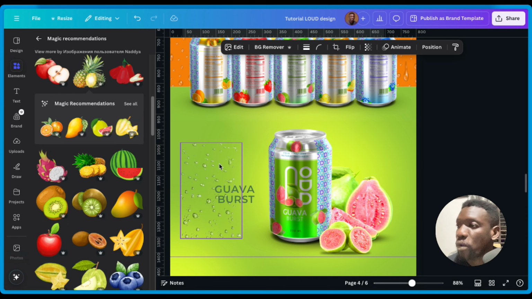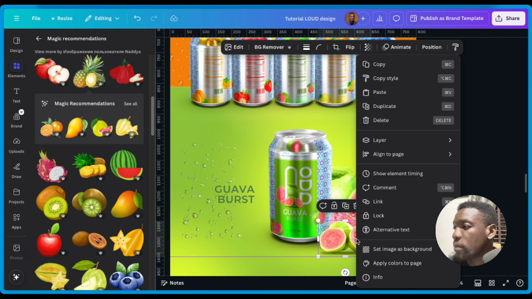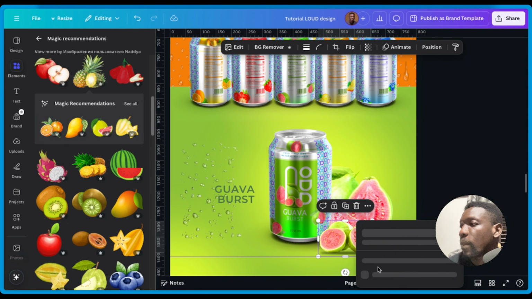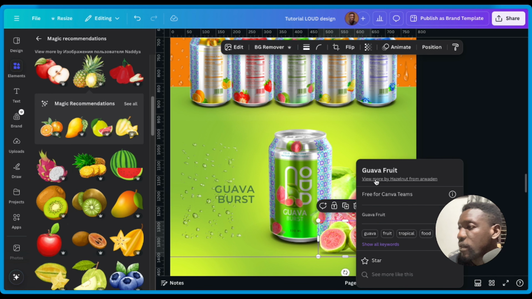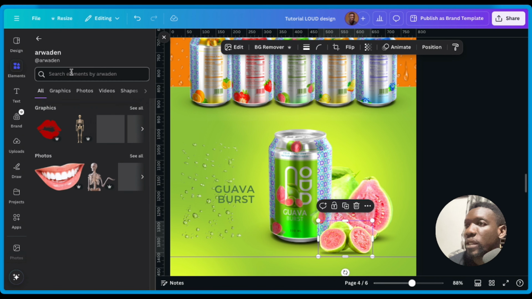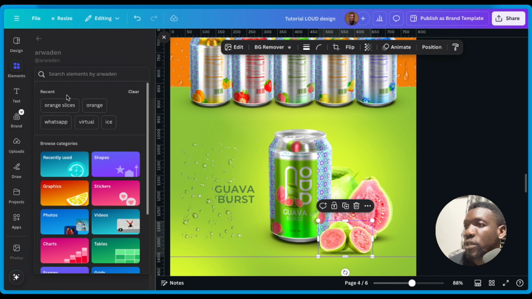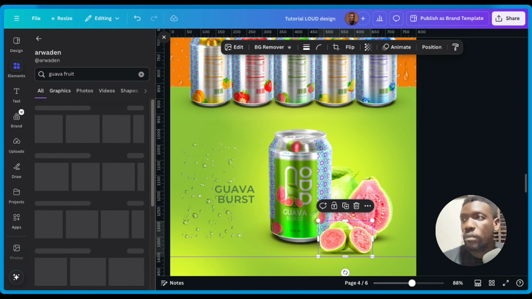One trick you can learn by looking at the work is you want to know where this came from. For instance, I can just right click info. If this was gotten from Canva, I'll see the name of the file. I'll see the name of the person who did it. So for instance, I know it's guava fruit. I can click on this guy's link, and on this side it shows. If I now come into the search of that person and I type guava fruit,